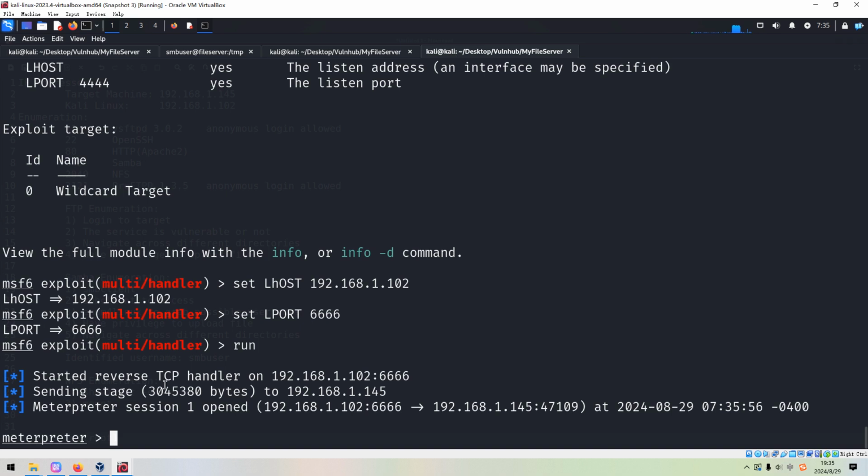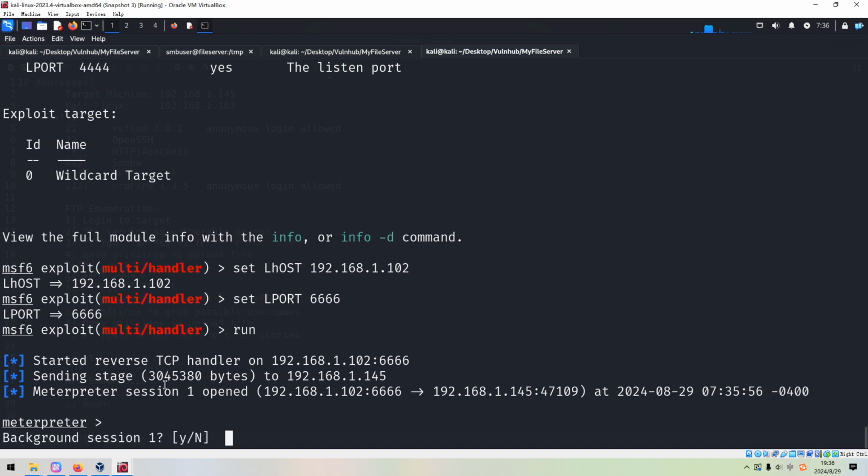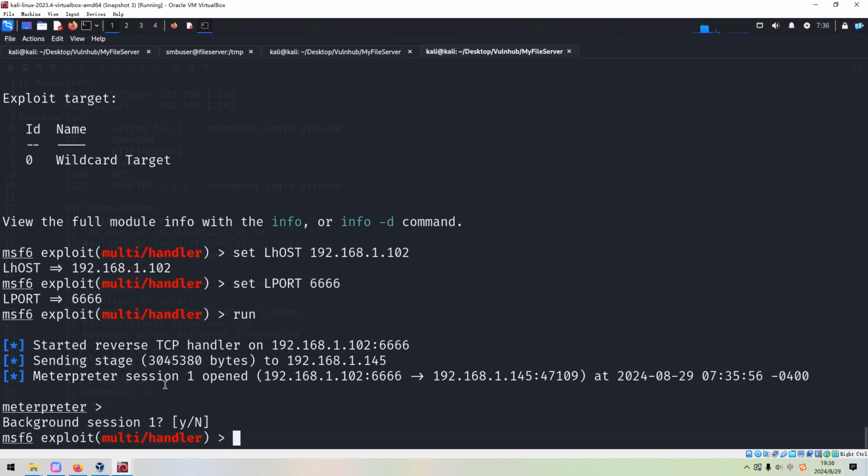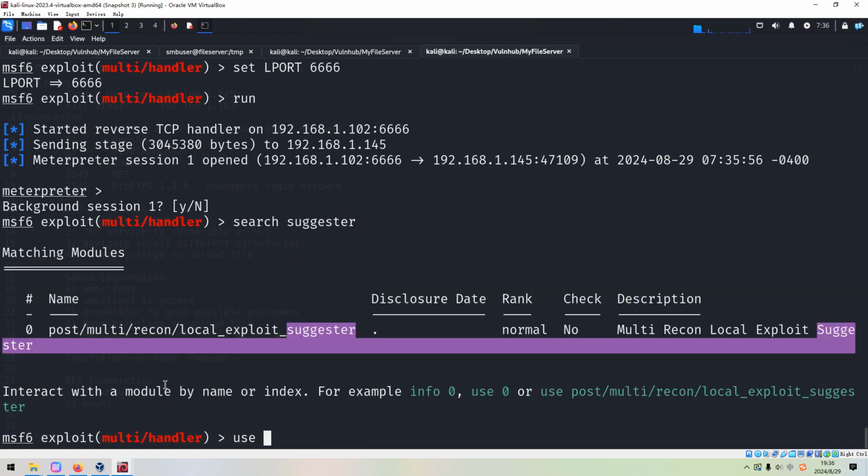As you can see, we successfully retrieved the Meterpreter, or upgraded to the Meterpreter session, and then we can background this Meterpreter by pressing Control and Z on the keyboard, and yes. And we can search the suggester module, and we can use this module.